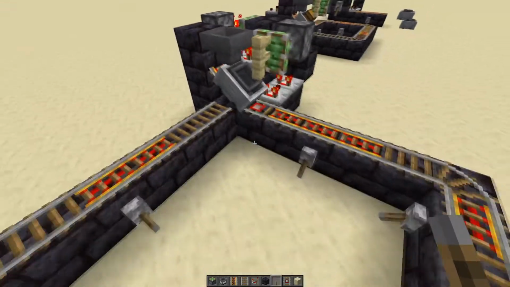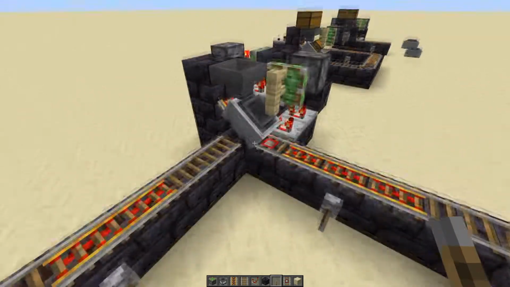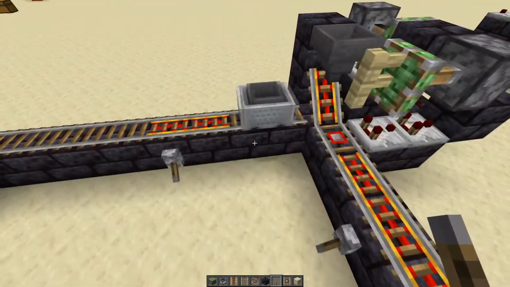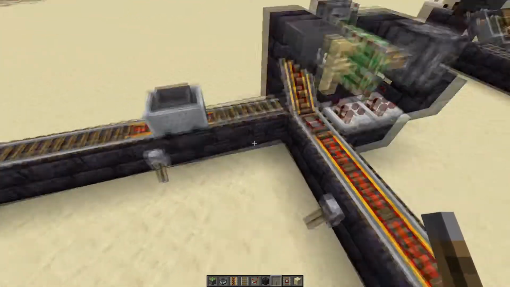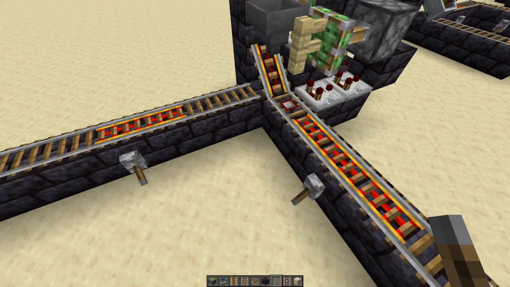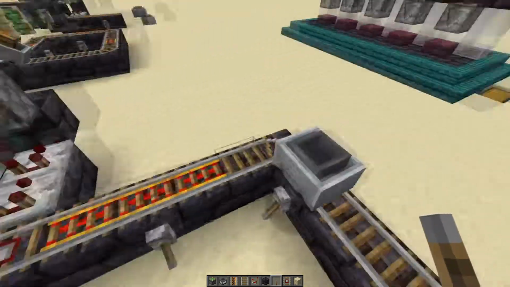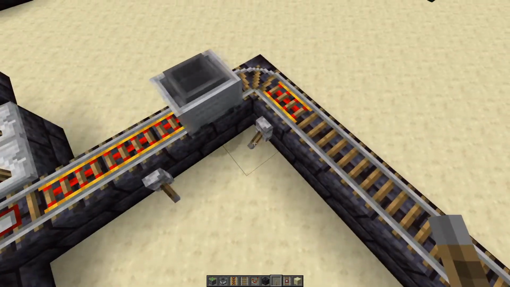So if I put in a little bit of gold, that lets it go. That resets. This comes up, goes right back. Because there's nothing in the hopper, it's just going to let it keep going. And it's going to keep doing that ad nauseum until this is empty. So if I were to stop this,